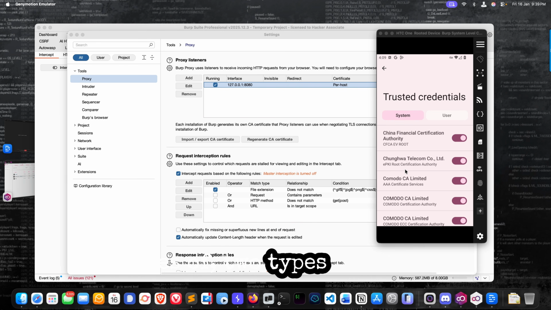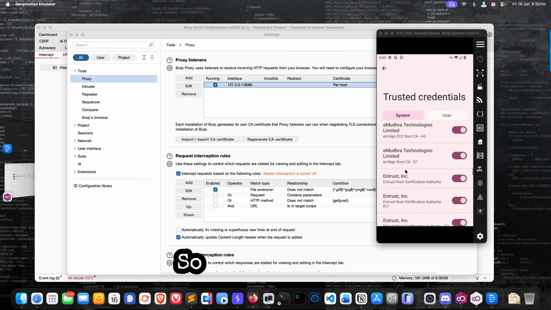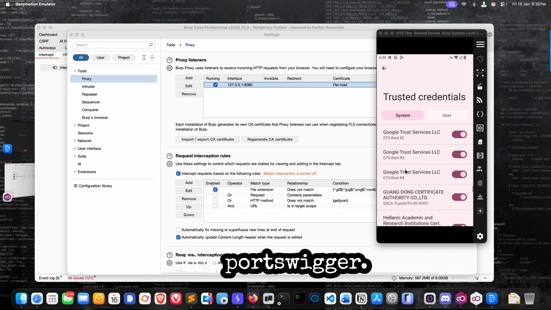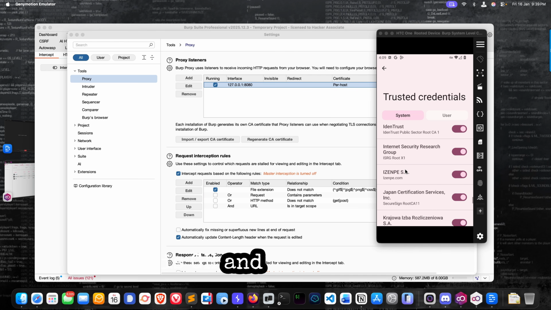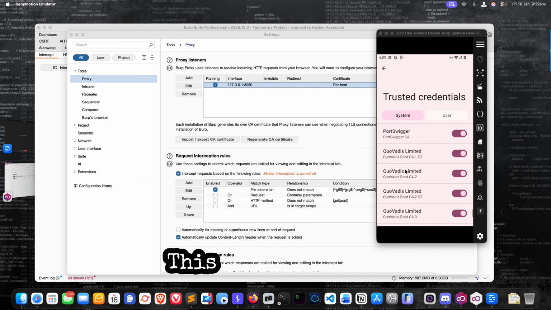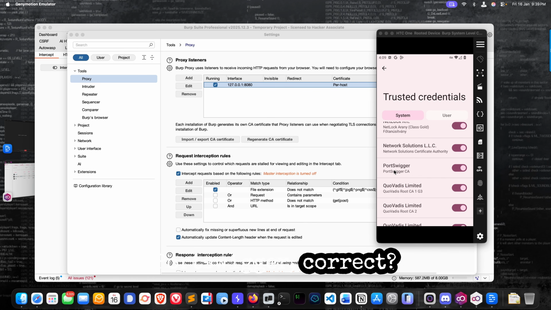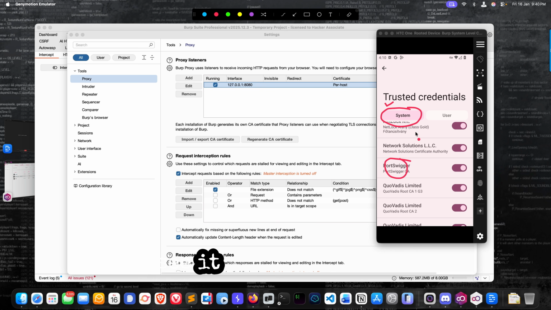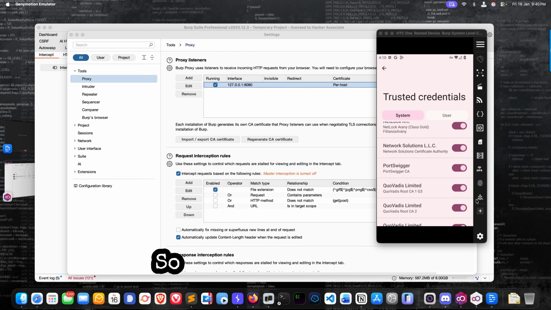There are two levels we need to understand: the user level certificate and the system level certificate. So I'm looking for the PortSwigger certificate, and you can see it is there, the system level certificate turned on. If this is on, then it's very easy. What we can do after that is simply